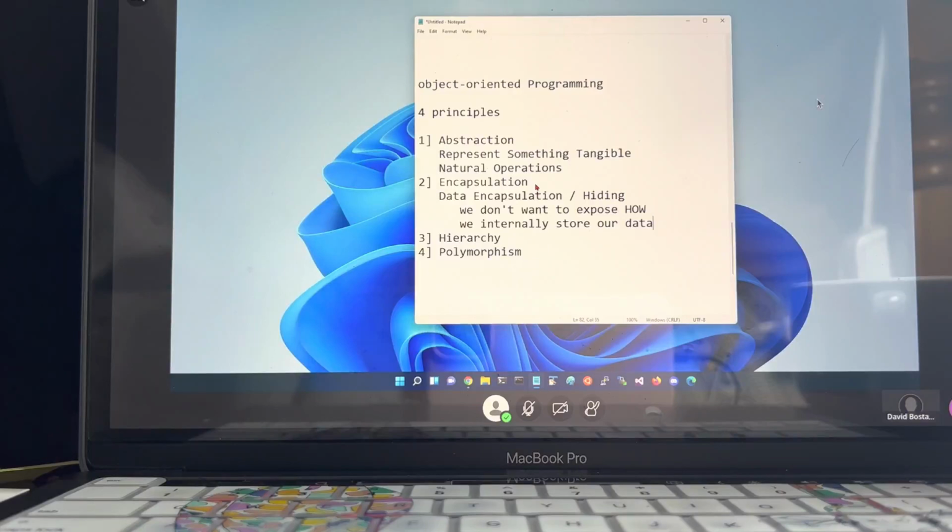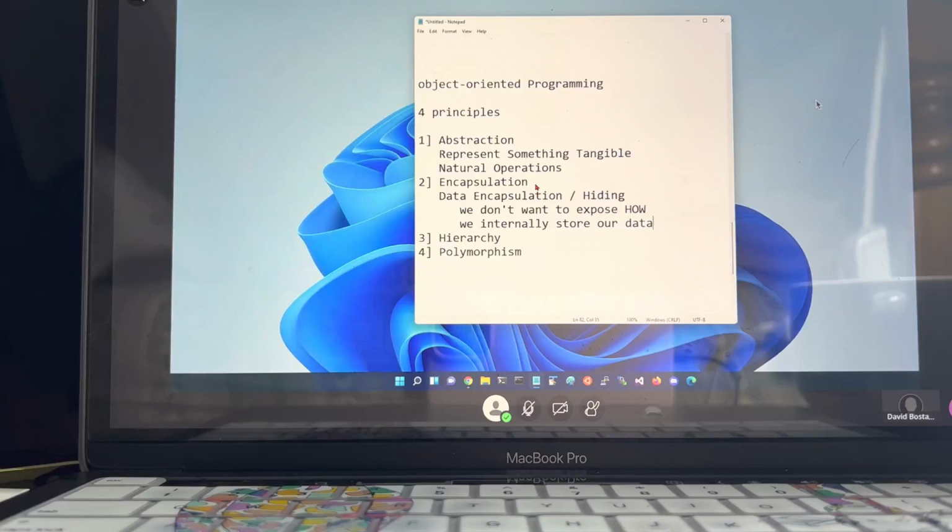It could be that we have a string, and the string internally in our program is stored in something like French. And every time we need to use it, we have to translate it back to English again so we can use it. We don't necessarily have to expose that to the outside world. The outside world might think they can give us an English string, and when they ask for it again, they get back the English string. Now, that's probably not a good example because we wouldn't do that, but that's a very possible thing.